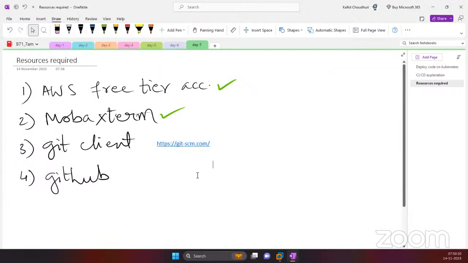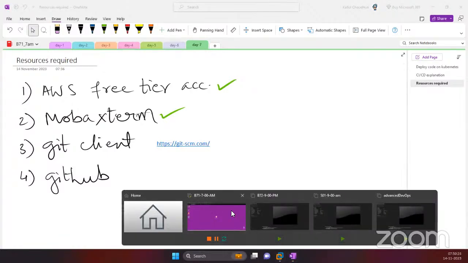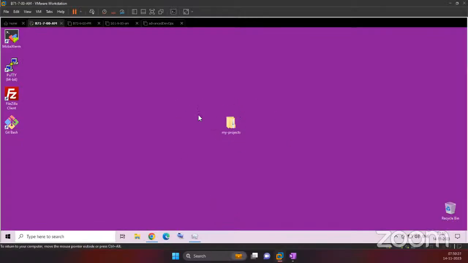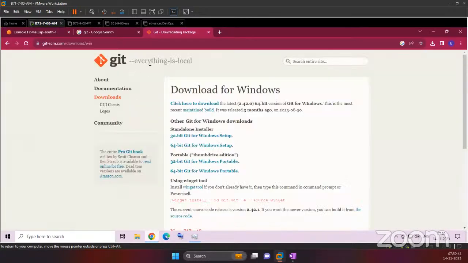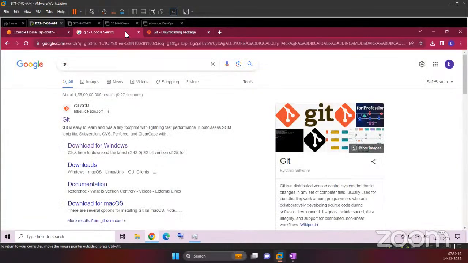It's already 16. GitHub, right? Let's create a GitHub account. So by installing Git bash, you have installed Git client locally in your system. Without that, you cannot do version control. But we need a remote repository. So we are going to use a free GitHub account. And for that, you are going to need